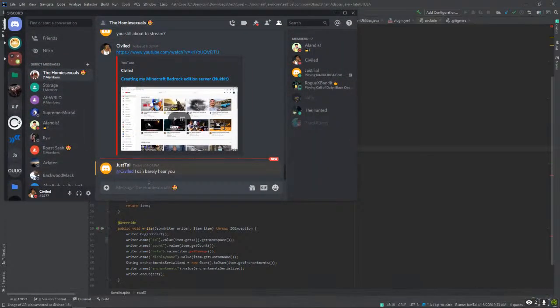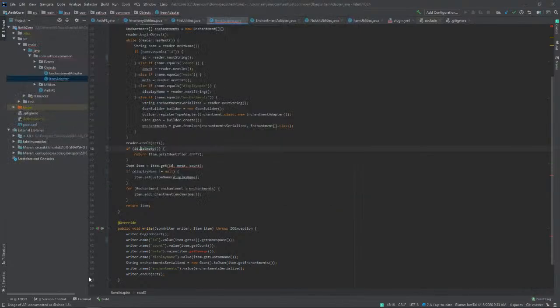Oh, here, I'll move my mic closer. Move my bed a little bit. All right. So, currently working on this item serializer. So, this should be a resolved error in a second. Let's check. Okay. Yeah, it is.